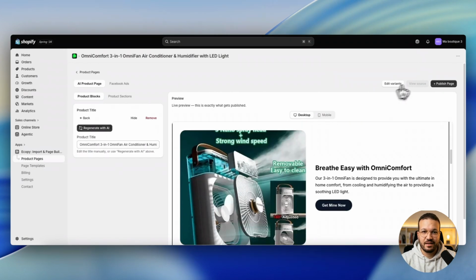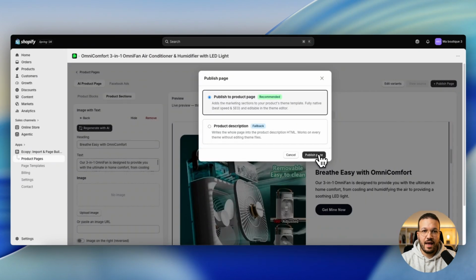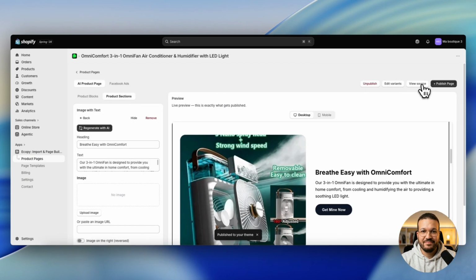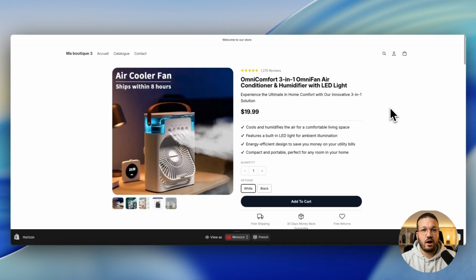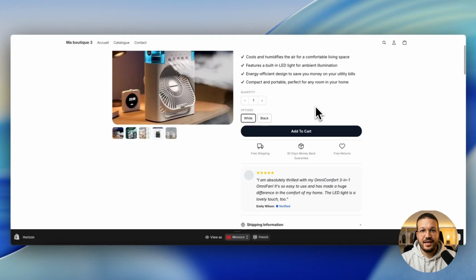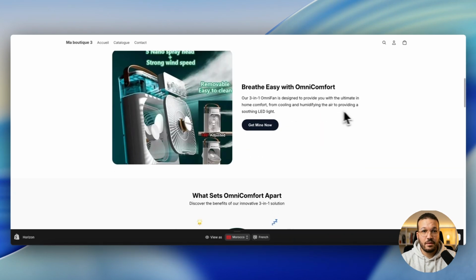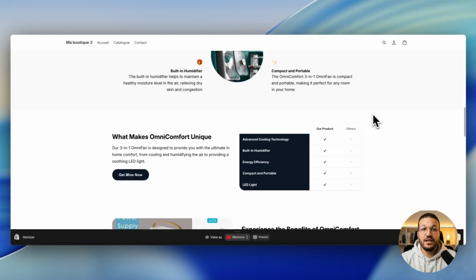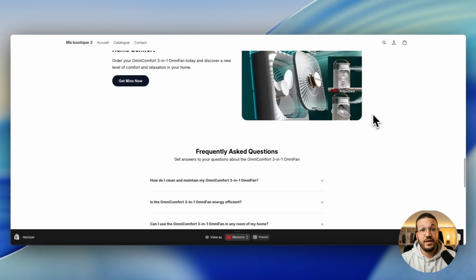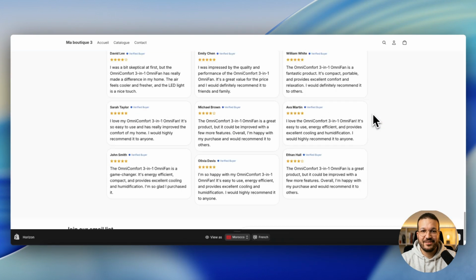Now it's time to click Publish Page and then View Product Page. And this is what our AI page builder created in just 30 seconds. The best part? It works with any Shopify theme, so you're free to keep using your own and start designing